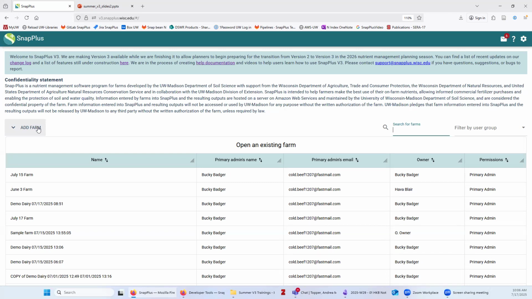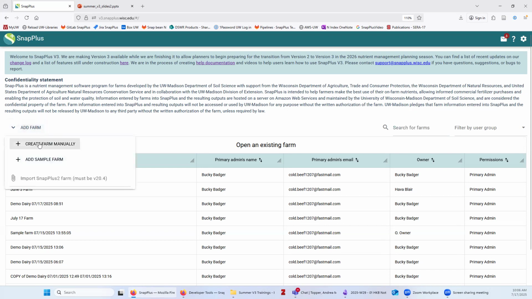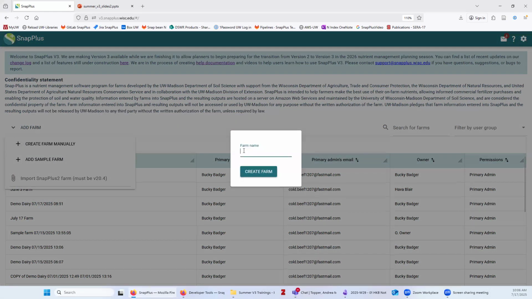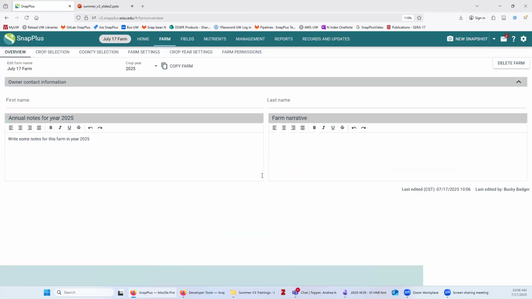To start today, I'll click on the Add Farm button on the left side here, and I want to create a farm manually, which means I've got a blank slate here. When I do that, I have to enter a farm name. So I'll pick today's date and click Create Farm. When I do this, you can see I'm redirected to the farm page, and we see some